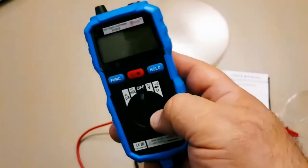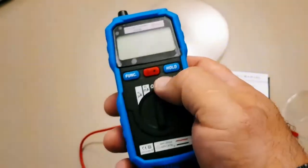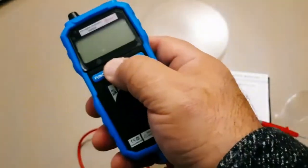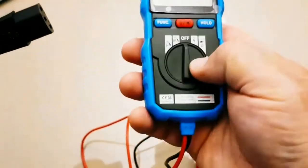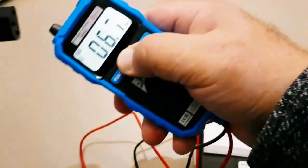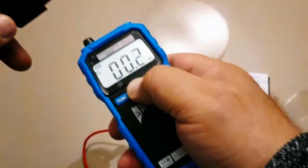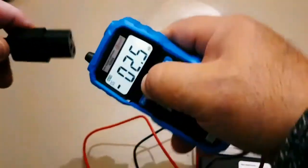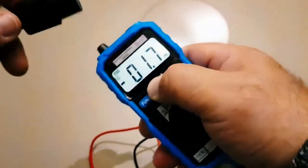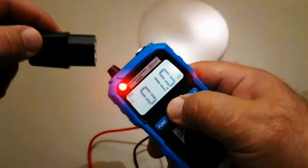I did promise you I would show you the non-contact voltage detection, how it works. So simply you hold down on the red button, and it helps if you turn it on. And as you can see, you get this indicator. Now, how useful is this function? Well,